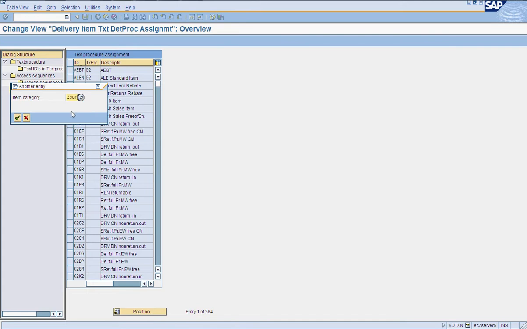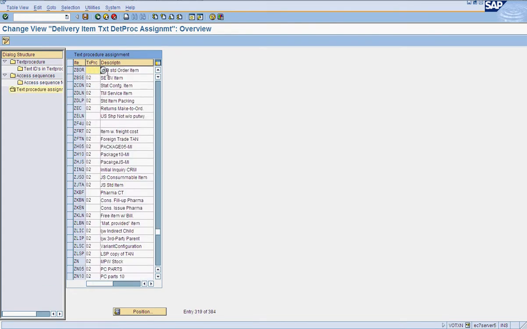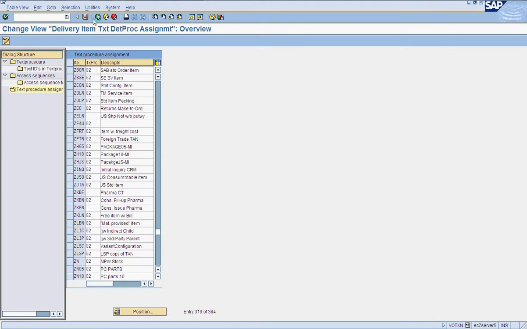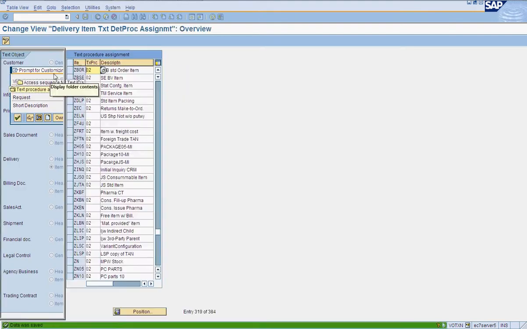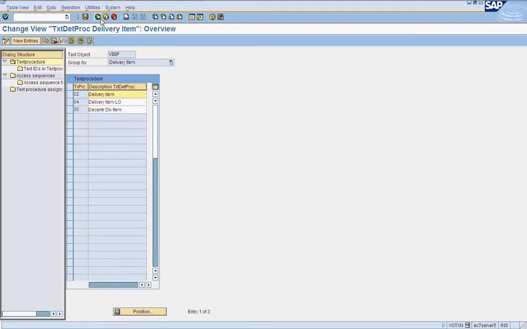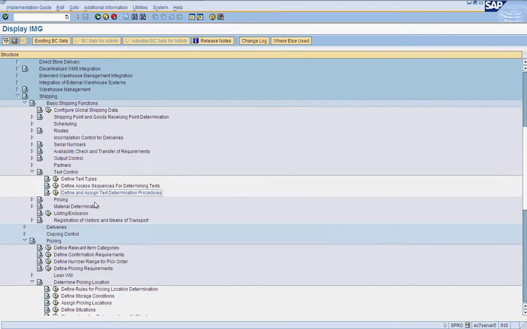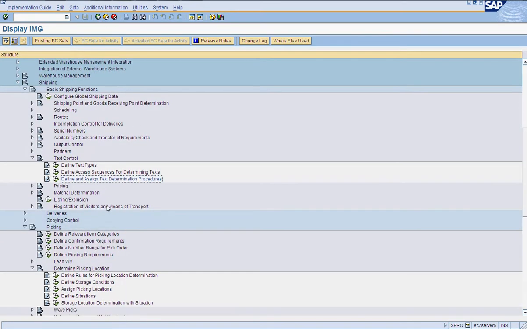ZBOR is our item category, and we will be giving text determination procedure as 02. So we have defined all these activities now.